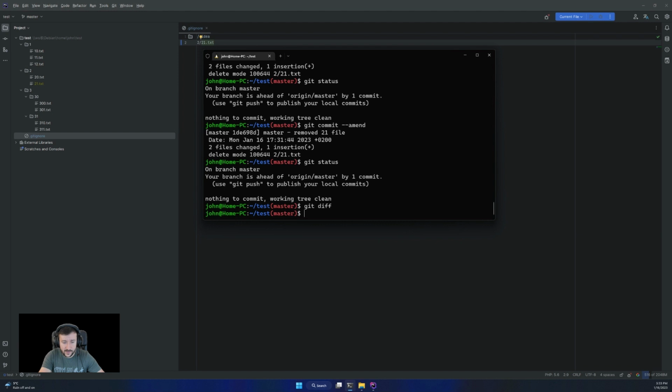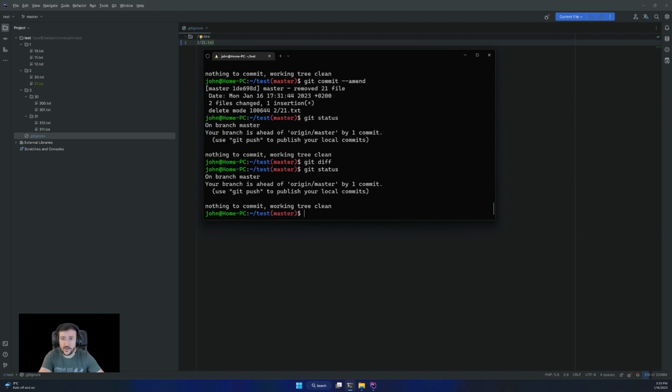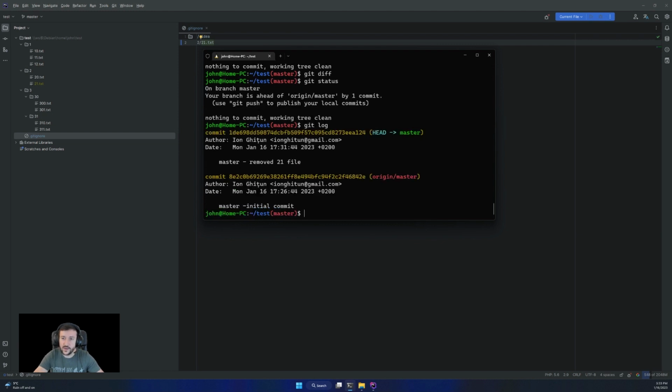We have a git status command that will show only current information, so where we are now. If we want deeper knowledge and more info, there are some other commands that we can run. So we have this command that will show all the commits. So we have master, initial commit, removed it, and yeah, we have only two commits.